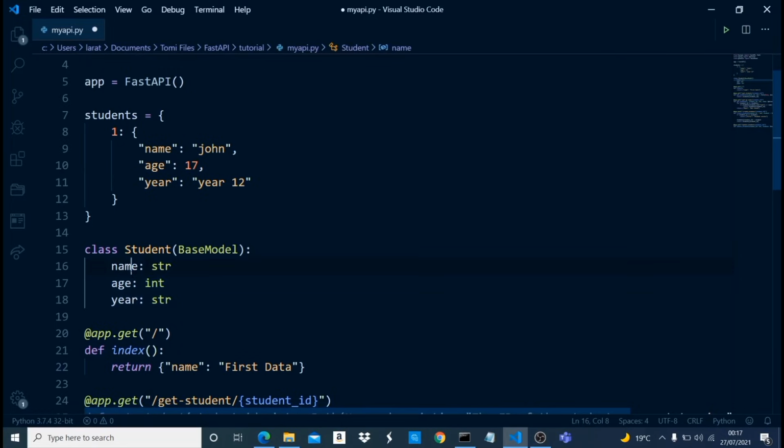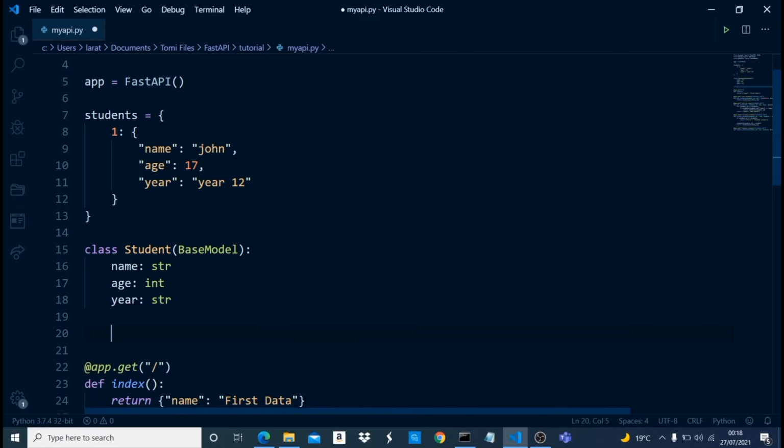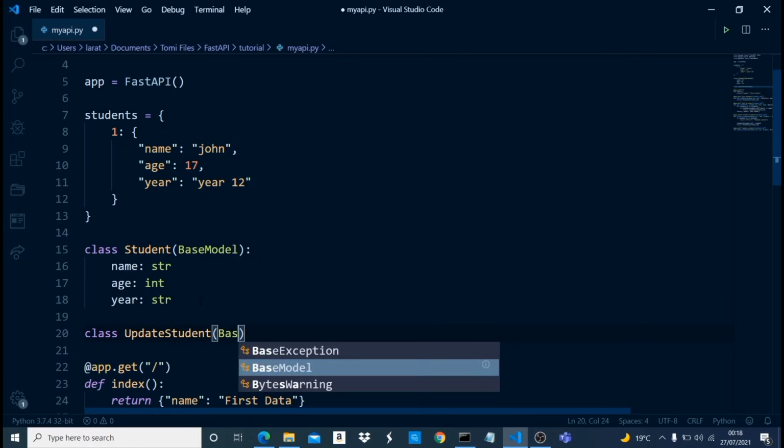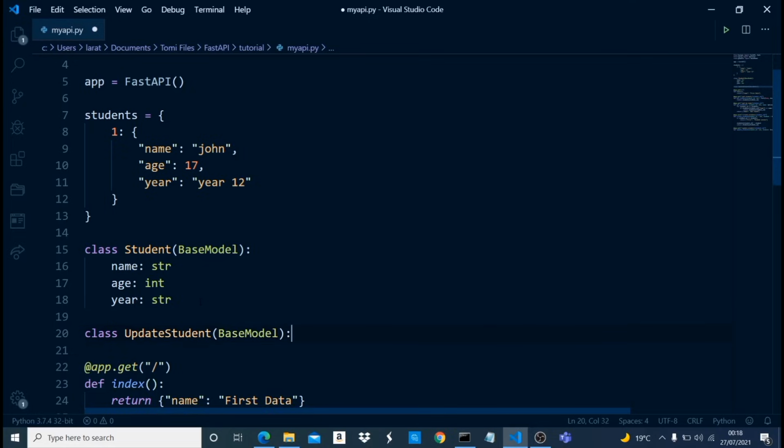That means they have to change all the data every time they want to update something, which is not a good practice. So let's go ahead and create a class and name it UpdateStudent,